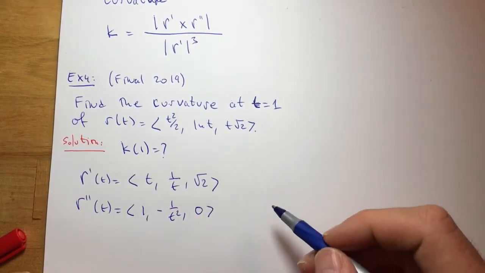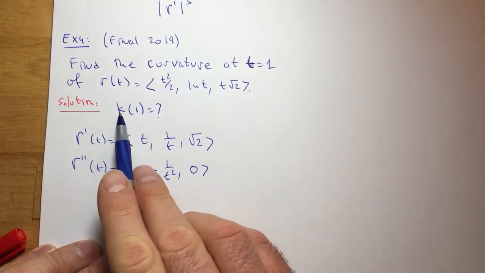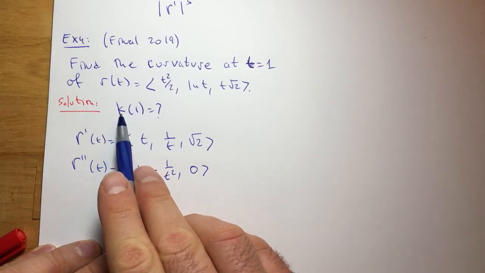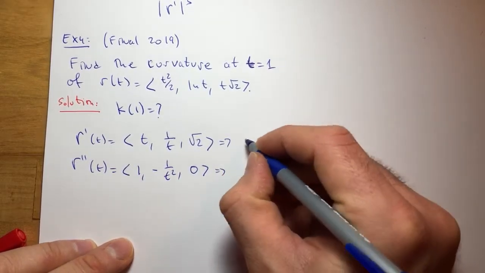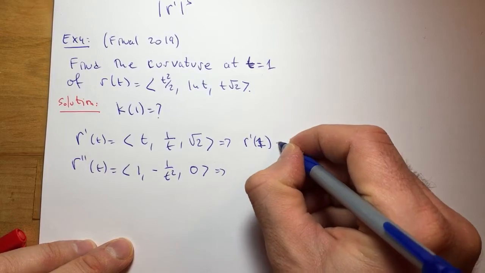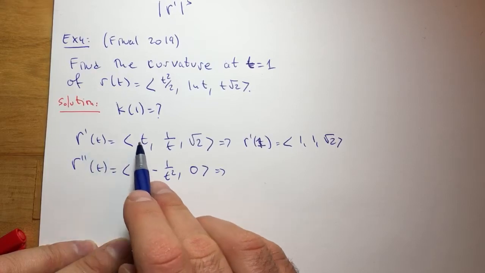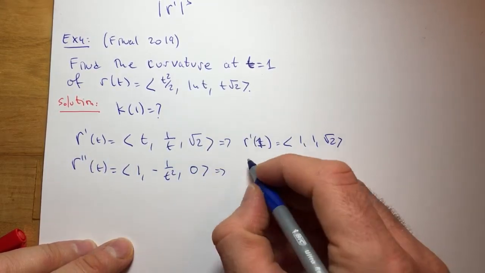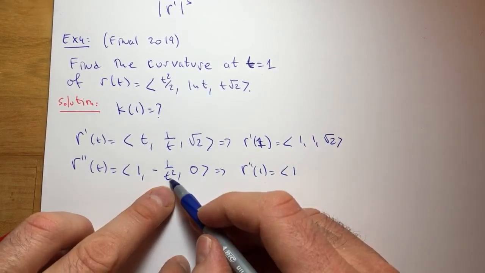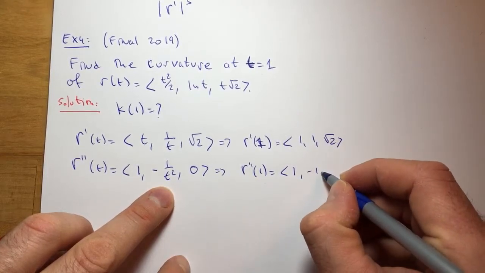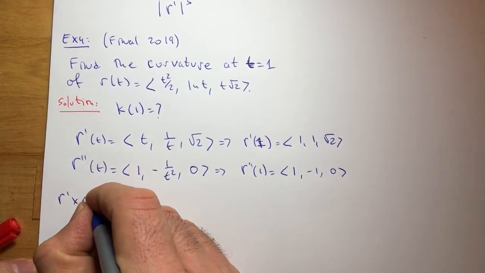Okay, now what I was saying, instead of finding the cross product between these two vectors, be careful, the question is not how much is the curvature at t, it's more specific, how much is the curvature at 1. So why don't I simply evaluate the derivative at 1, that gives me 1, 1, square root of 2. Instead of t I put 1, so 1 over 1 is 1, and this is a constant. And the second derivative evaluated at 1 is 1, then 1 squared is 1 over 1 is 1 times negative 1, negative 1, 0. And now finding r prime cross product r double prime,